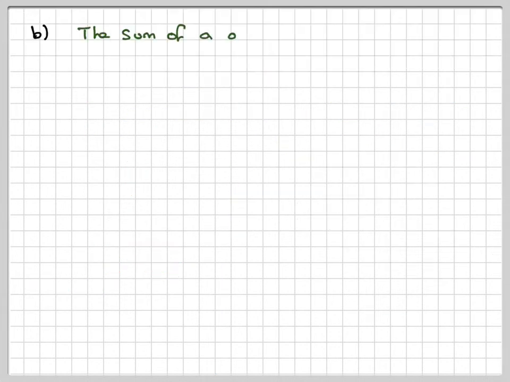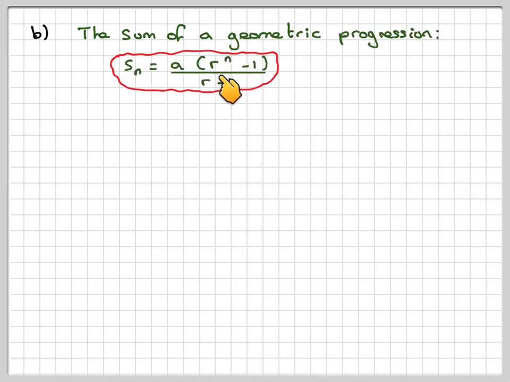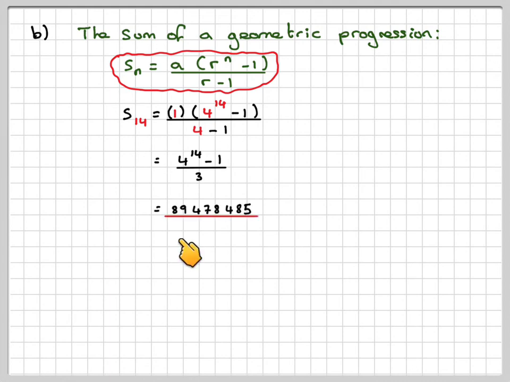Right, the sum of the geometric progression can be found by S_n is a times (r to the n minus 1) over (r minus 1). And because r is bigger than 1, it's better to write it this way round. So the sum of the first 14 terms will be the first term, which is 1, times (4 to the 14 minus 1) over (4 minus 1). That gives me (4 to the 14 minus 1) divided by 3, which will give me